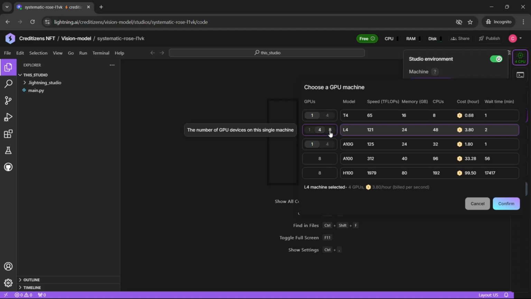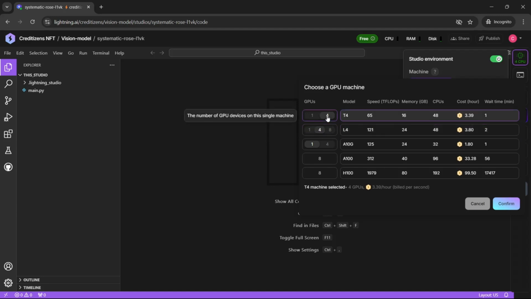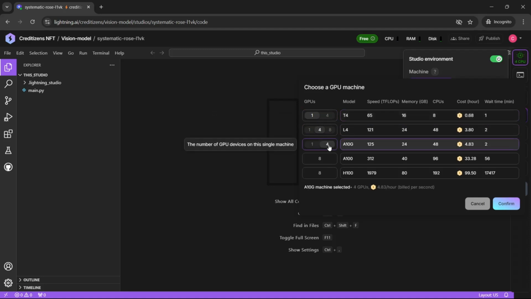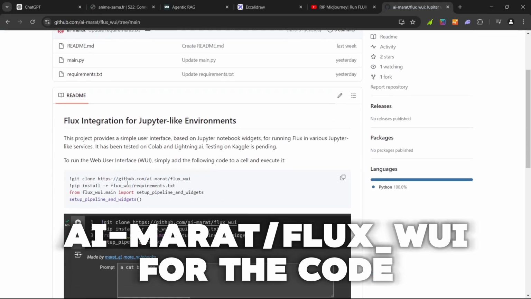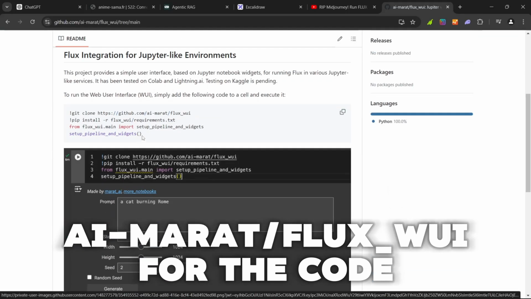So the speed is equivalent to the 8NG model. So we're going to choose this one at the end, but I'm just going to switch and click in some different options here, GPUs, so you can see on the right side how the cost per hour is changing. So you can use it also to train your models if you want to have your custom models. So for GPUs, L4 model. This was for the GPUs, and here is the